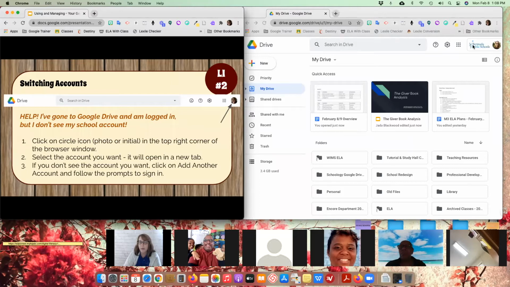Cool, great. But maybe I have a second account and I want to log in to my second account. Or maybe I've logged in, I've opened Drive, and I'm like, wait a second, this is not my school Drive, this is my personal drive. I don't see any of my resources. It's super, super easy to switch drives. All you're going to do is you're going to click on that photo of yourself, if that's a photo, or it might be a colored circle with your first initial in it. You simply click on it,